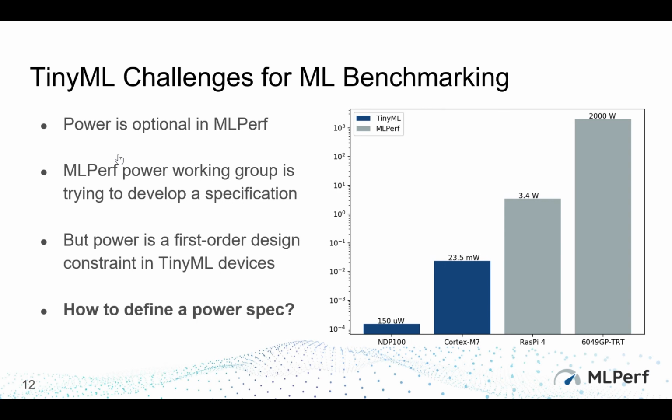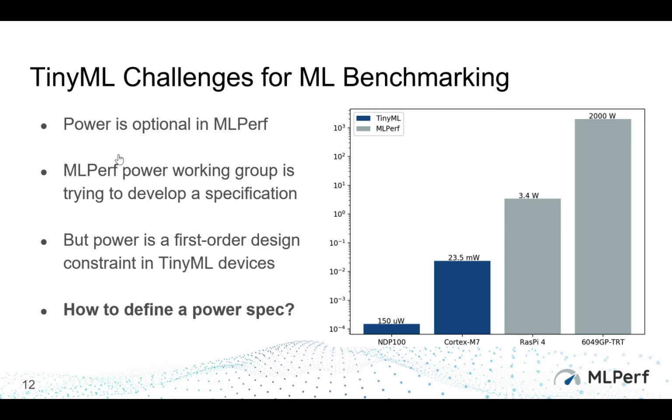The next thing is often power. When you're benchmarking larger systems, you primarily focus on performance. Power, as much as it is important and everybody acknowledges it, ends up being secondary in a way. Why? Because it is hard to measure. But you and I know that when we're talking about systems in the tinyML context, these are extremely different. Power is a critical first-order constraint. Everybody talks about power. In fact, anyone I was talking to outside was pretty much saying, well, I can get this number at this power, or I can get that other performance number at that power. Power was the key thing that people were emphasizing.